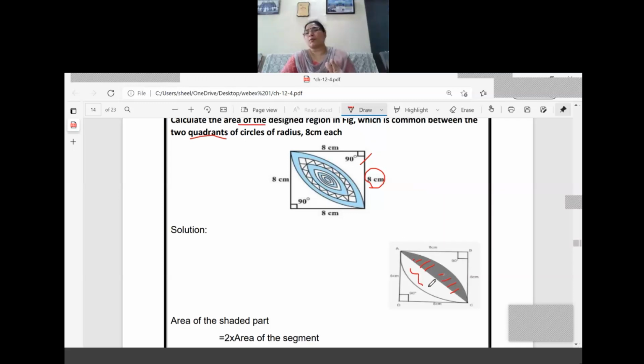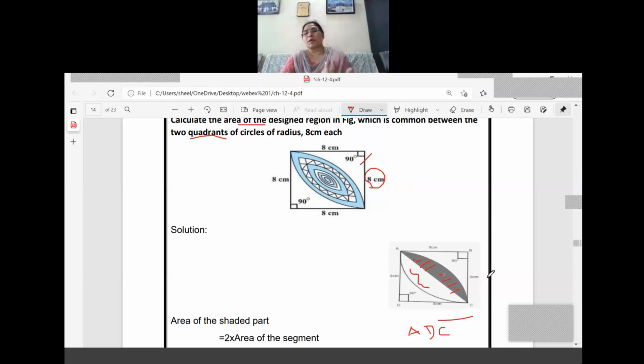Similarly, this unshaded portion is also a segment only, for which sector? A, B, C. This you must take care. What is the point you have to learn here? First join AC, right? Now if you join AC, you can see that in this diagram one part is shaded dark and another part is unshaded. The shaded part, arc AC, if you consider, is a segment for sector ADC.